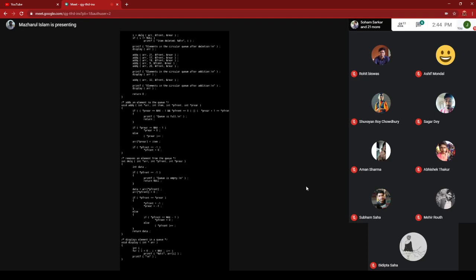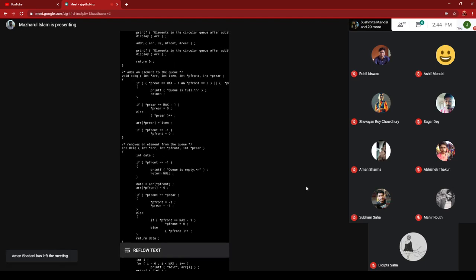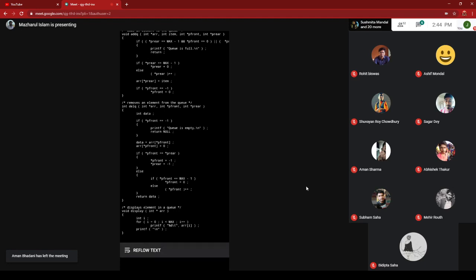Delete queue function. This is actually a little bit trickier than the normal implementation. In the delete queue function, when no element is present, then you cannot delete, and the deletion end is handled by the p front variable. That is why the first if block is checking p front equal to minus 1. This block of code is written because when at least one element is added, then in the add function p front is reset to 0. Just remember that.